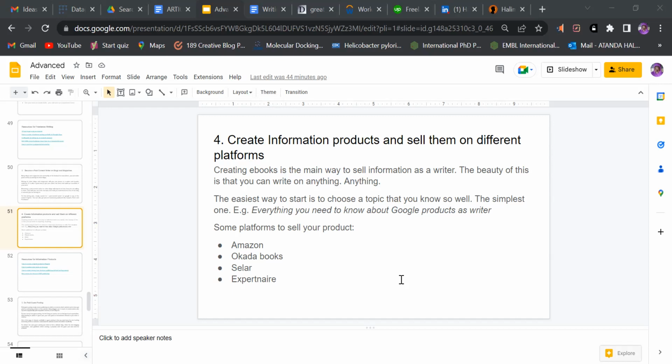So that's the key to making money as a writer. In fact, as anything, just solve a problem. Present the solution to people that are having that problem. They will buy. Unless you have a competition that is doing much better than you, they're going to patronize you, they're going to buy.